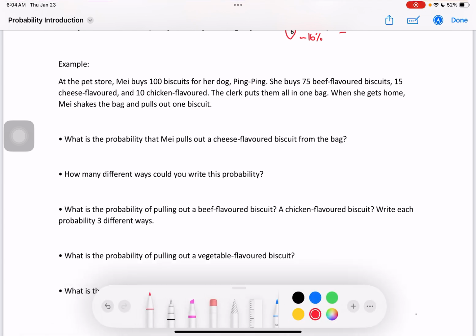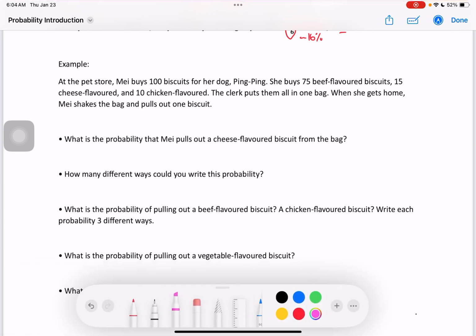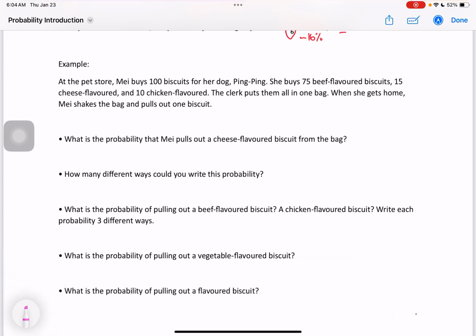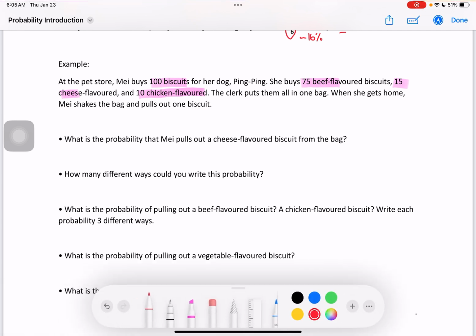So let's highlight the things that we need to know up here. So she buys 100 in total. She buys 75 beef, 15 cheese, and 10 chicken. Okay, so we want to know the probability of her pulling out a cheese-flavored biscuit. So we know that 100 needs to go on the bottom because we have 100 total. And she bought 15 cheese-flavored biscuits, so that goes on the top. So 15 over 100 would be 15%, or,